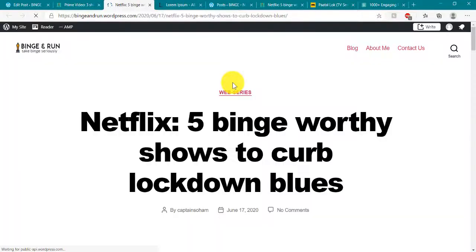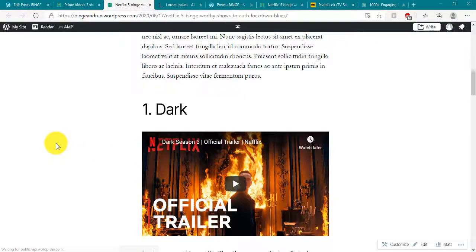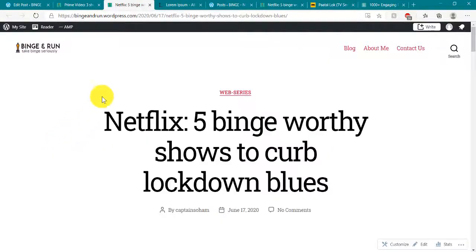It takes me to my Netflix article. That's awesome. Okay, so this is how you keep on moving people from one article to another. So if suppose one article is doing good and the other article is not doing that well, you can flow the traffic from that article to another article, and that is how this post section in the blog works.